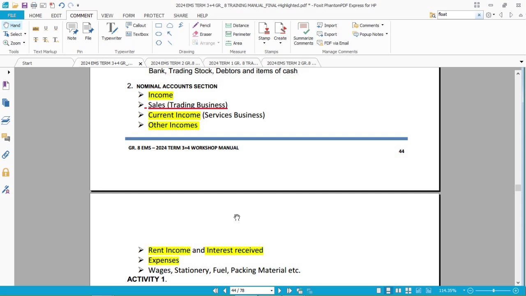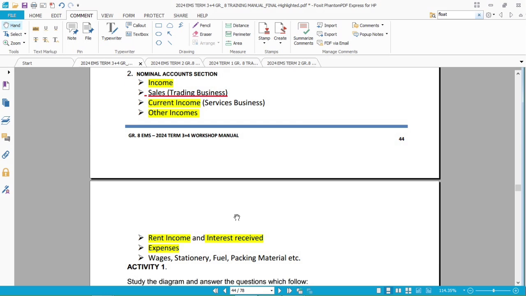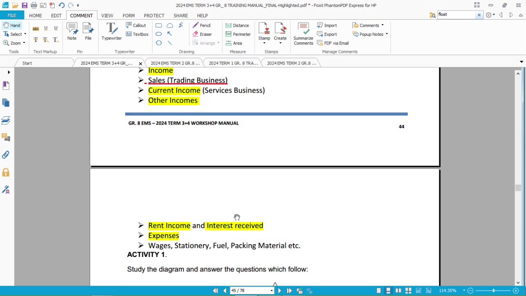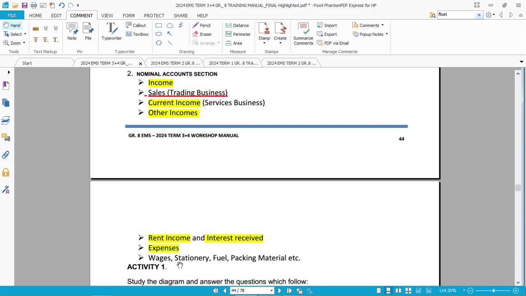Okay, current income, other income, rent income, commission income, interest income. Then you have expenses. All right, so expenses here, you can list them in any order on the trial balance, because an expense is an expense and you should be fine. All right, that's our trial balance. I'll continue in the next video with